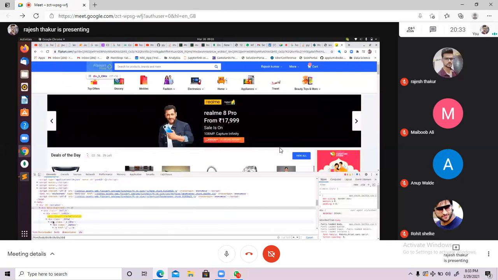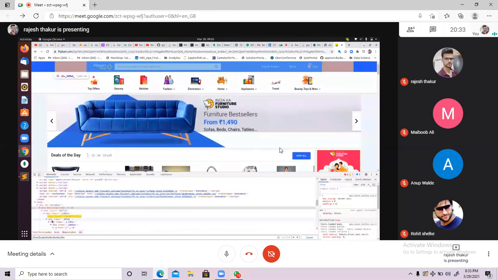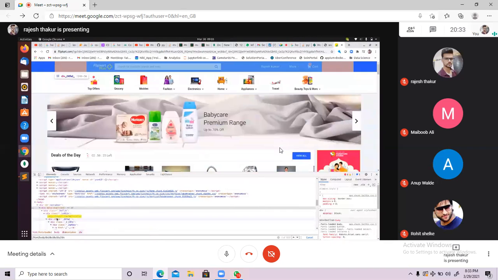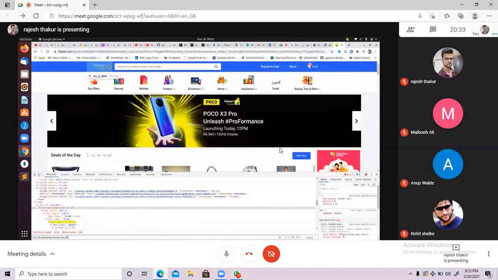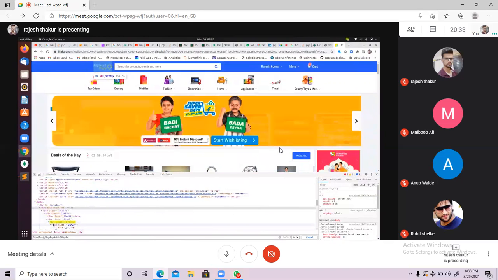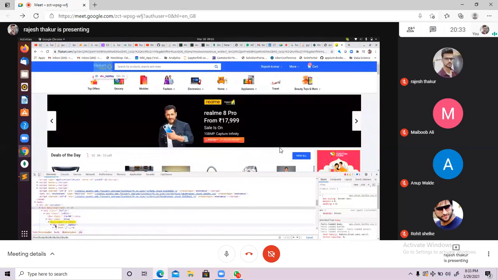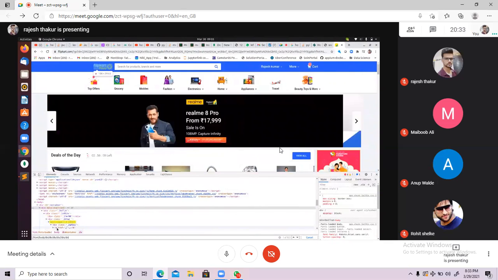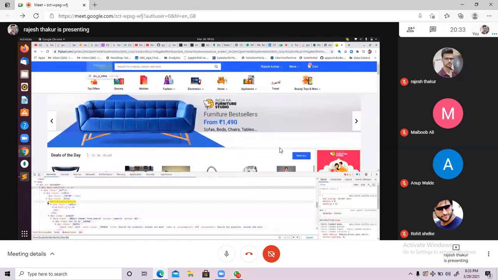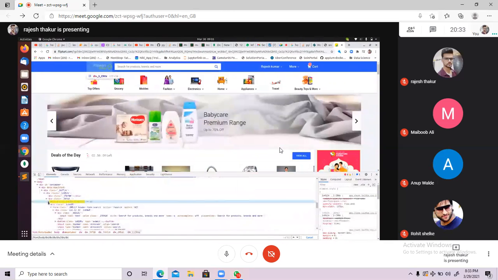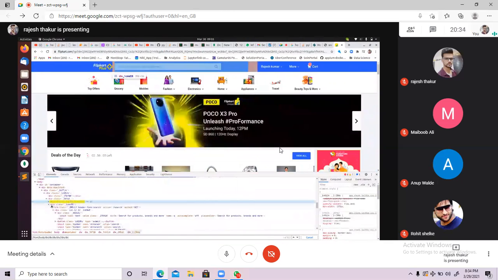From this div to the next div we have to go, because our target is this. No, this is also not there. So what to do? Div. So we reach in this div, Flipkart Plus. Our target is this. No, not this. Just a minute. Div. We have to go in this div, right?